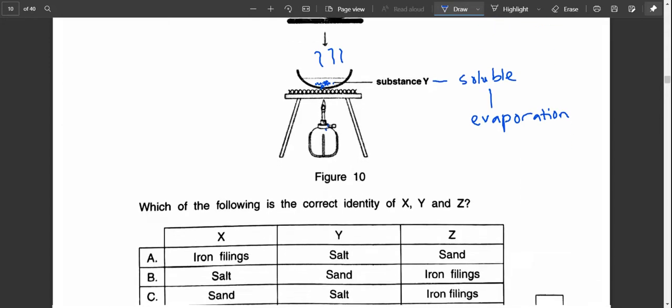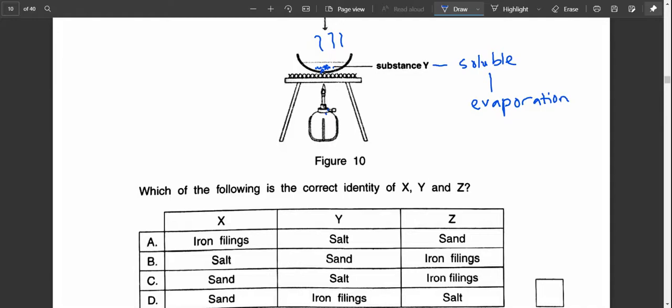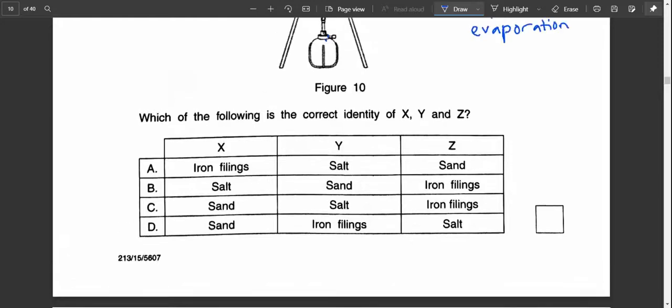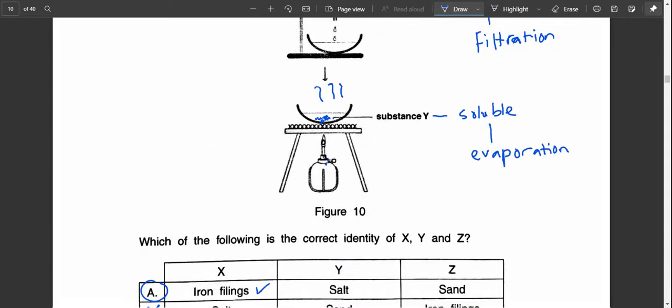And then, which of the following is the correct identity of X, Y, and Z? So X just now is a magnetic material. So if you look at the choices, only iron filings is magnetic. So salt and sand is none. So it's quite obvious the answer is A. But let's just double check. It says there substance Y is salt, and salt is definitely soluble in water to form a salt solution. And then Z is the sand, and as I mentioned, sand is not soluble, therefore